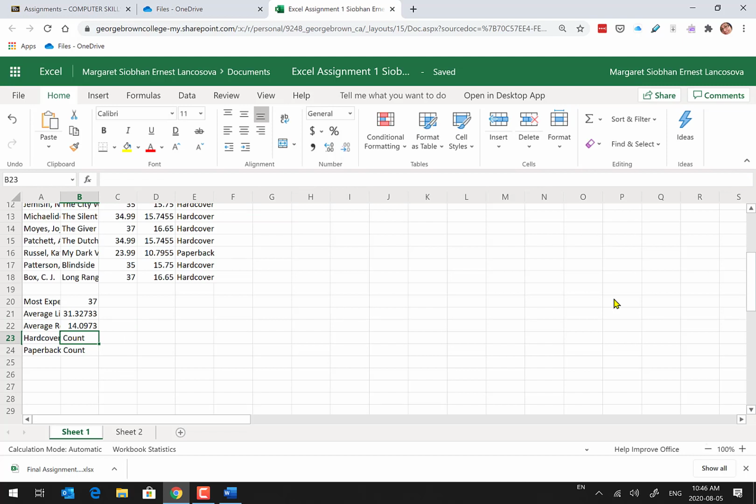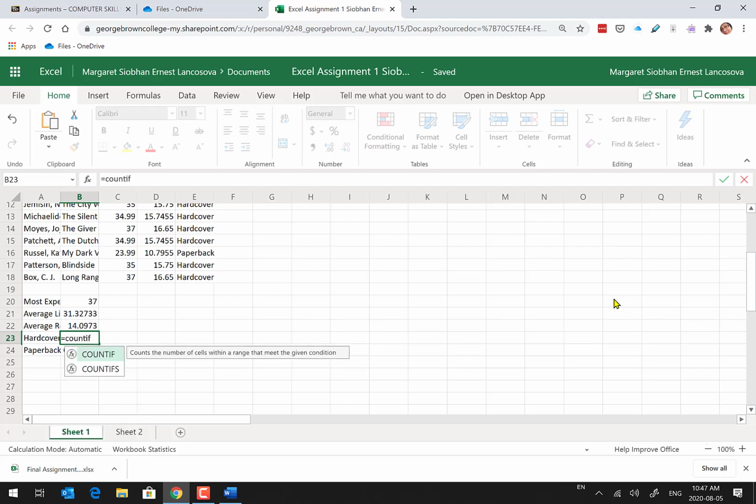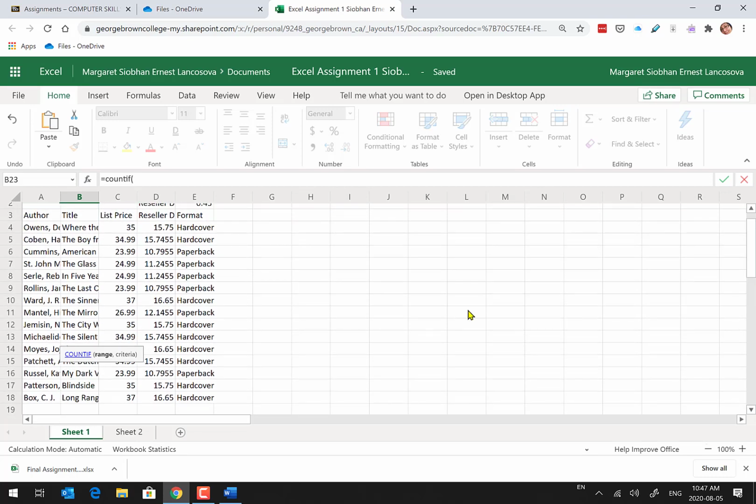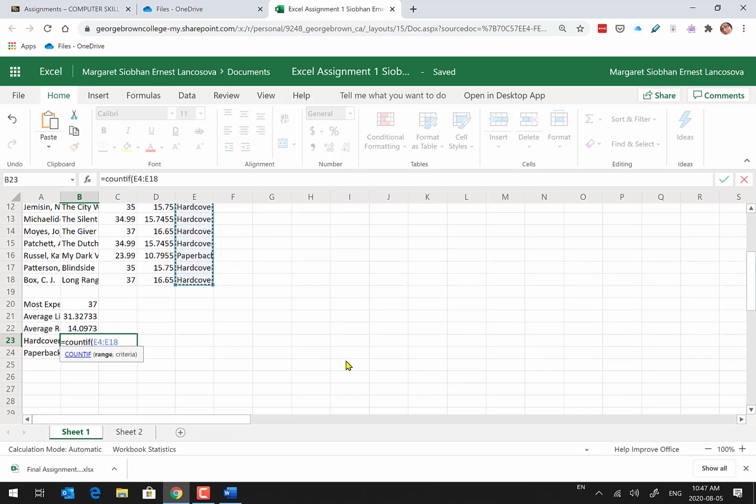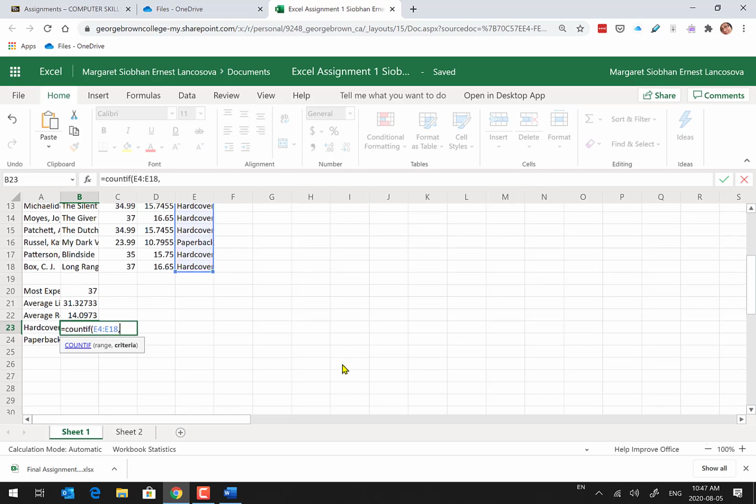The next formula is going to count something if it is a particular value. So I want to count the number of hardcovers in column E. So the function in this case is equals COUNTIF, literally count it if. I'm going to open a bracket, and I'm going to select my range, E4 to E18, and then I'm going to put in a comma because the next thing I need to do is give it what I'm looking for,